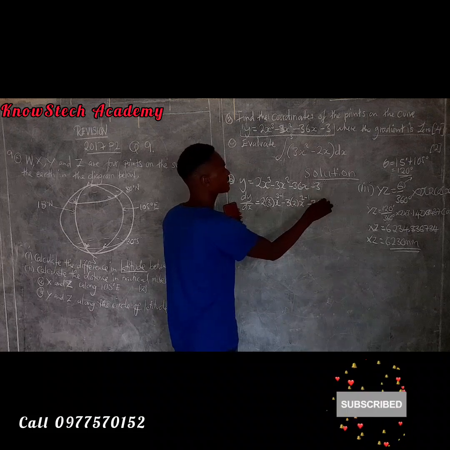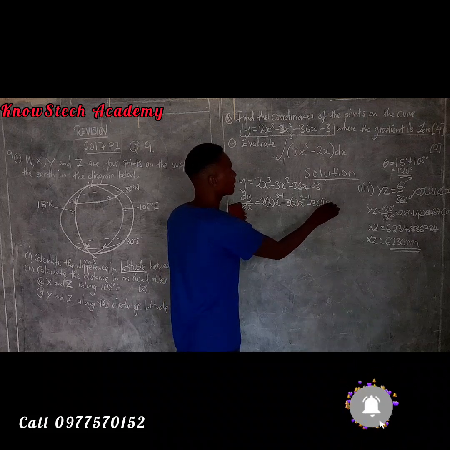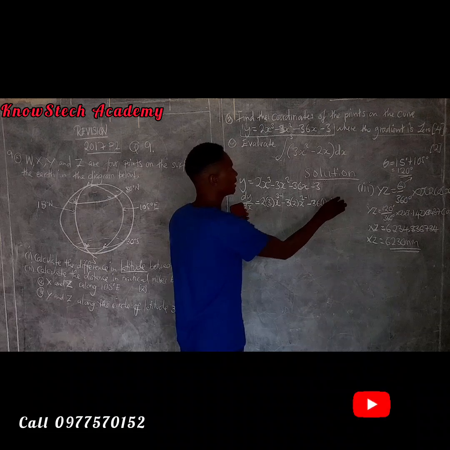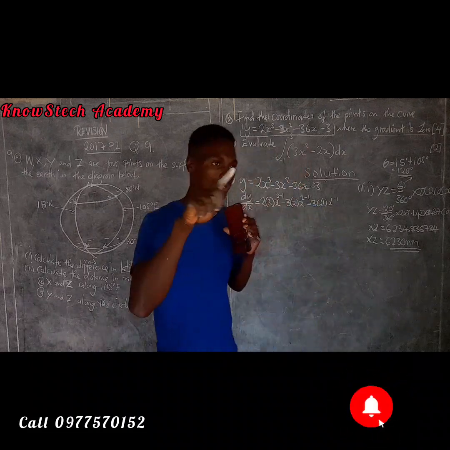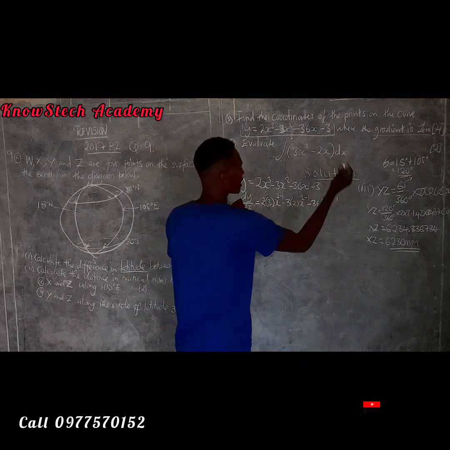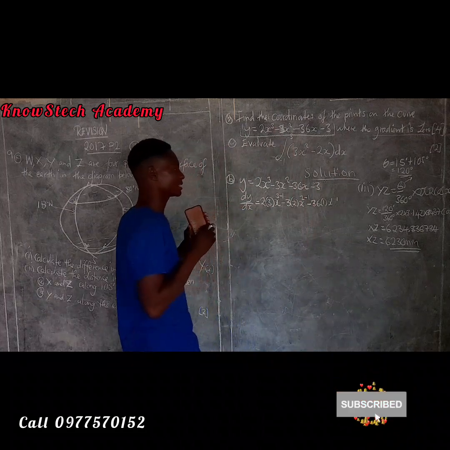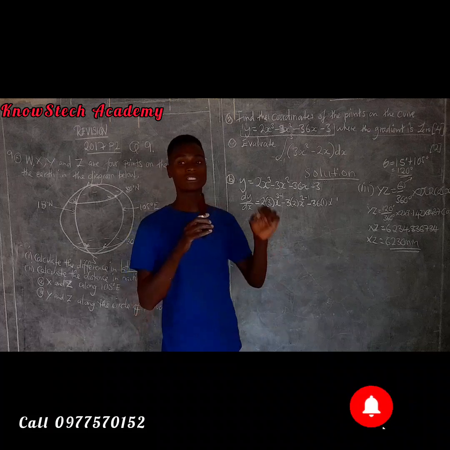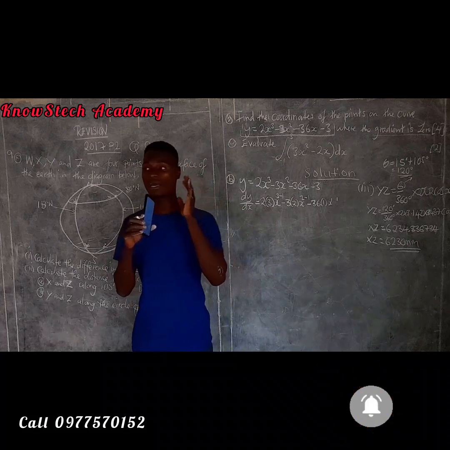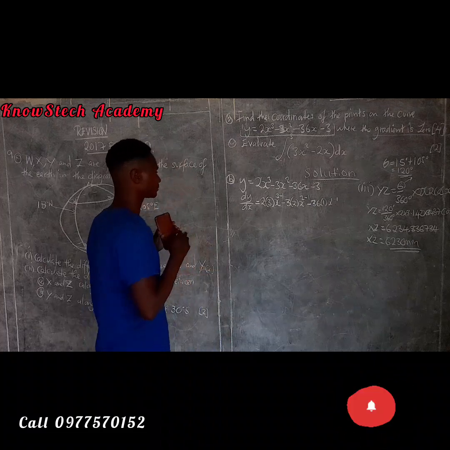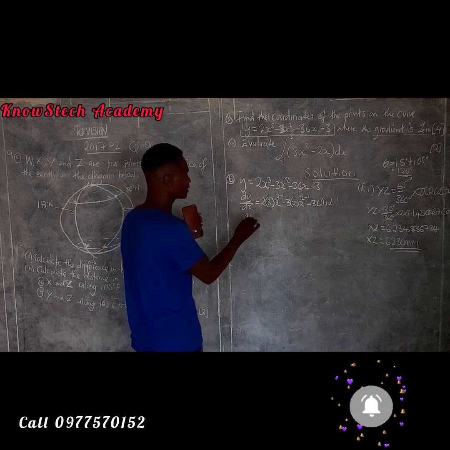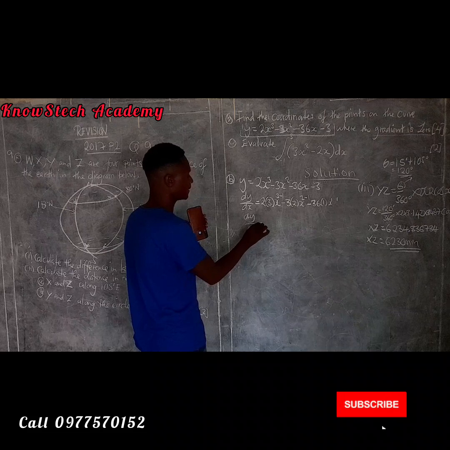The power here is just 1, then x to the power 1 minus 1. The derivative of a constant number is 0. So let's not write the 3, because the dy dx of a constant number is 0. All right. So dy dx is equal to